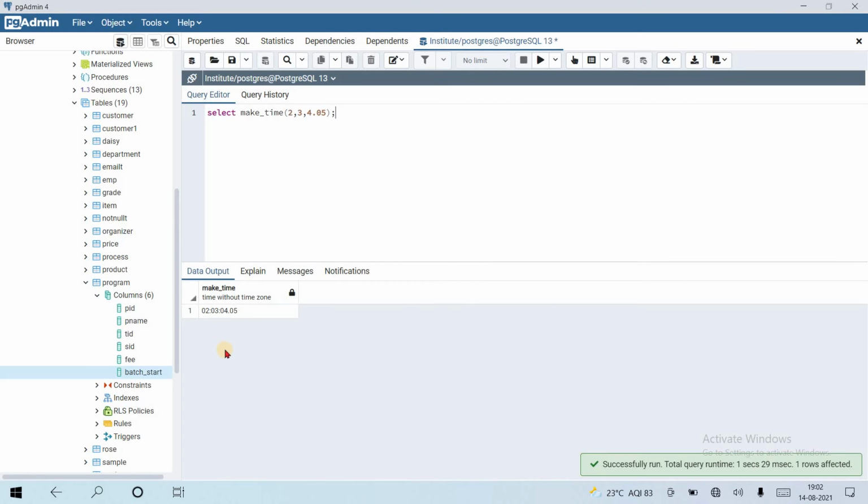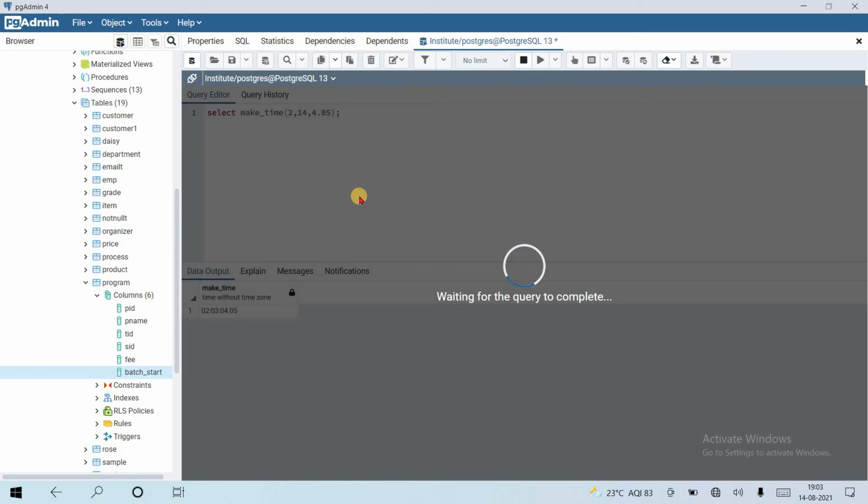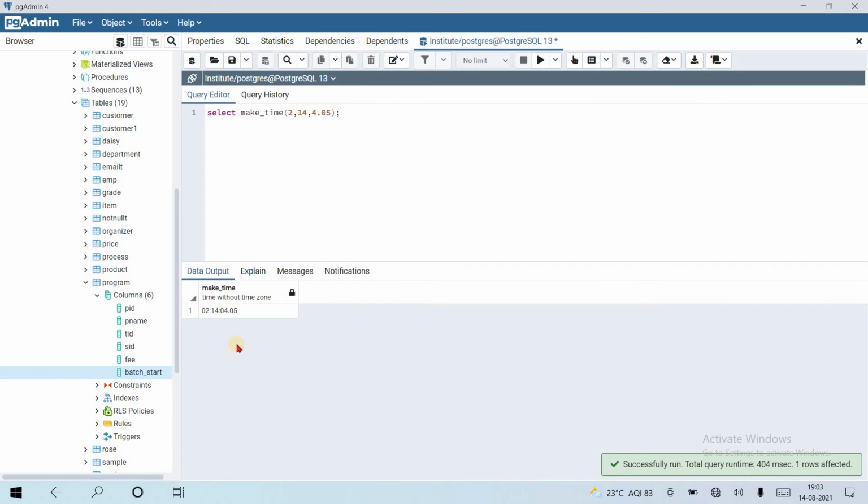You can see 2 hours, 3 minutes and 4 seconds with 2 precision, 05, and it returns a time without time zone, so that 05 is not a time zone, it is a precision of seconds. Let's see another example: 2 hours, 14 minutes and 4.0 seconds. Yes, it worked fine.